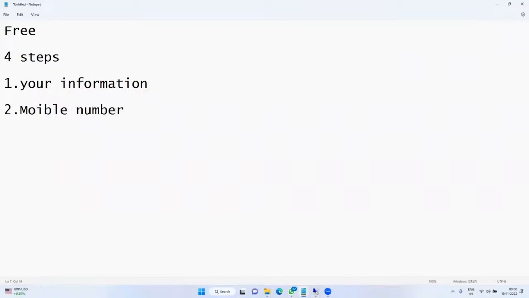You have to enter the mobile number, right? Yeah. So once you enter the mobile number, you will get a 6-digit OTP. Sorry, 6-digit. Okay, so you have to enter the 6-digit OTP to validate your mobile number.